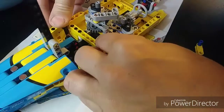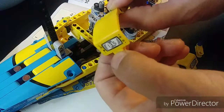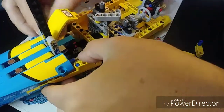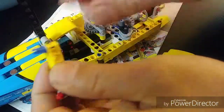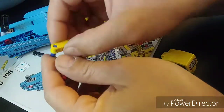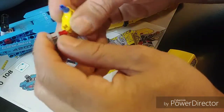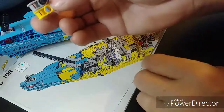And we snap it on like that. Then I already put the stickers on the little dashboards. There's this little assembly that goes together that holds that on, and that thing snaps in like that. And that comes down. Basically, that is just one of these little yellow pieces with a blue axle pin in it, and then another red axle. This is one of those pin to axle connectors. Good example here. You've got an axle and a pin together, and they just go together like that,